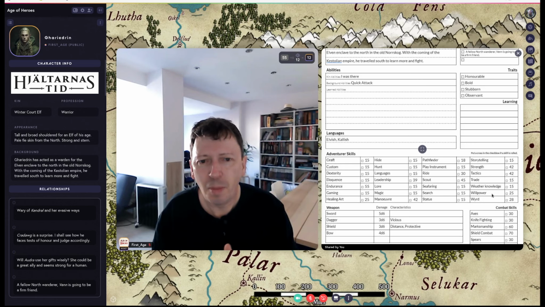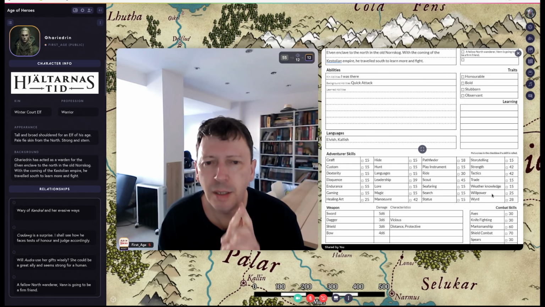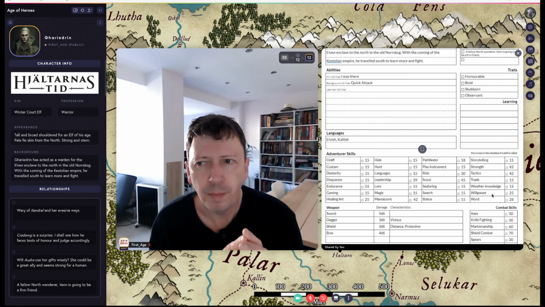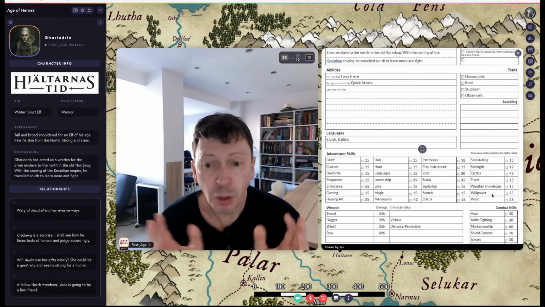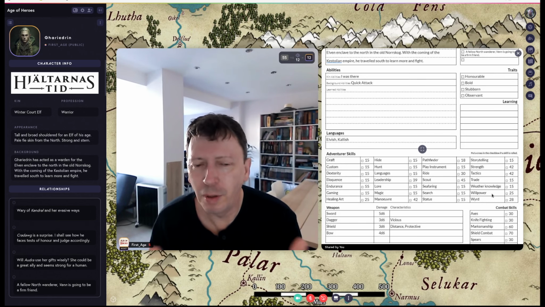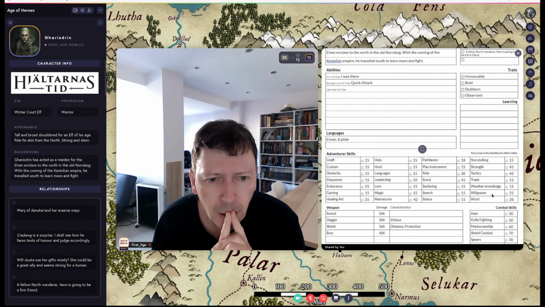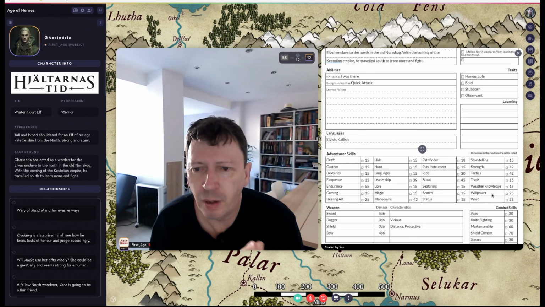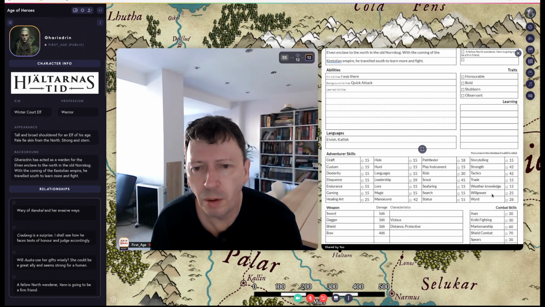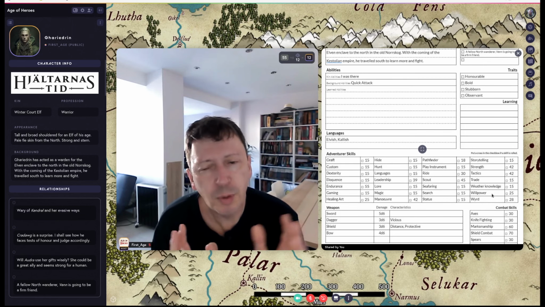Really well done. Another really nice feature of the game is most skill rolls are challenging. It's a challenging situation, so you roll when it's challenging. You don't just roll because you want to roll. You roll because it's challenging. But if it's particularly difficult or particularly easy, the game does it on opening and closing a roll. So an open roll is an easier roll, and it's open 1 or 2, up to 5.